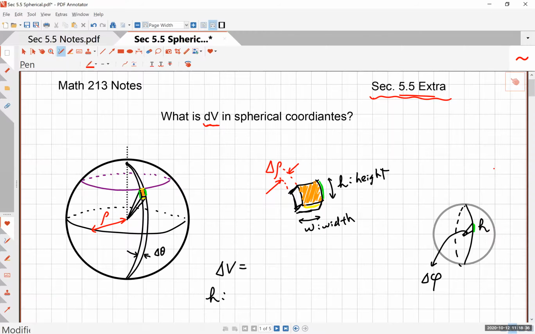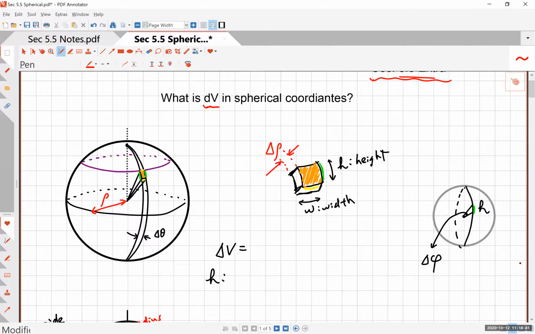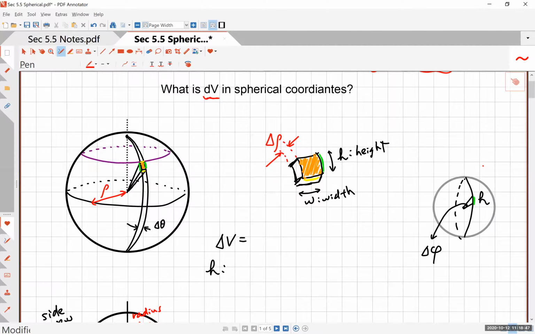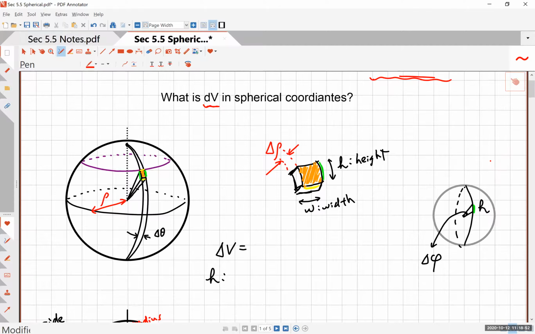For dV in spherical coordinate system, there is a problem, okay? So let's find out what the dV is as you enter into these spherical coordinates and try to figure out triple integrals. All right, so here's a picture of what we will be doing. You have the sphere, and you know that in spherical coordinates, we denote the radius with rho. This looks like P in our alphabet, but this is the Greek letter rho,